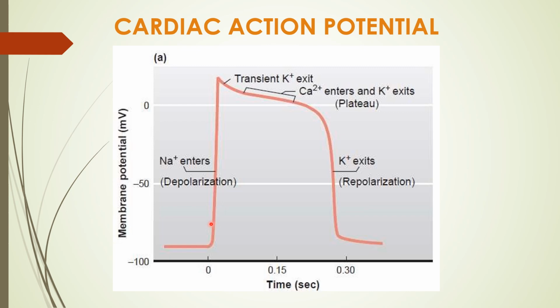We can divide the action potential graph into 5 phases. The first one is initial rapid depolarization, that is, a sudden overshoot of the voltage occurs. What is the resting membrane potential? It is minus 85 to minus 95, so roughly you can take minus 90 from here. It rises to plus 20 to plus 30 millivolts. This is depolarization, and then immediately after that there is rapid repolarization, then the plateau phase, then repolarization, and again the resting potential phase.